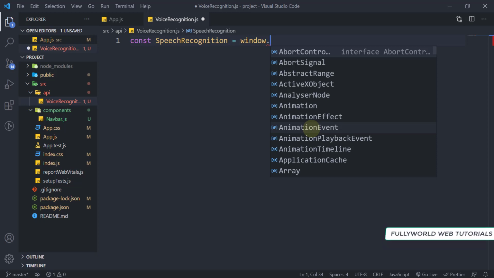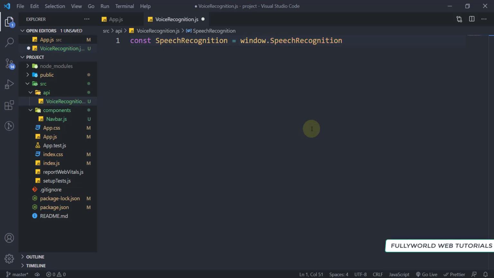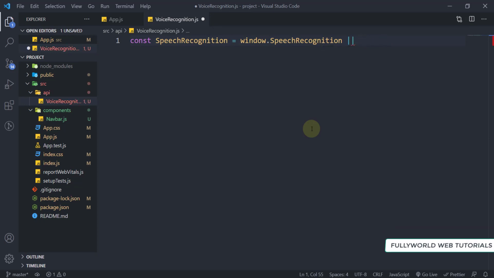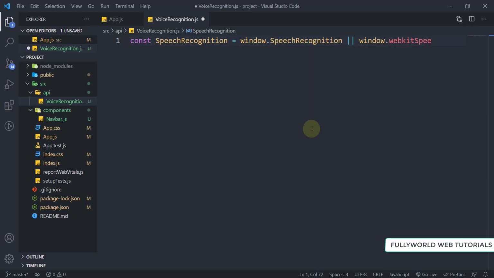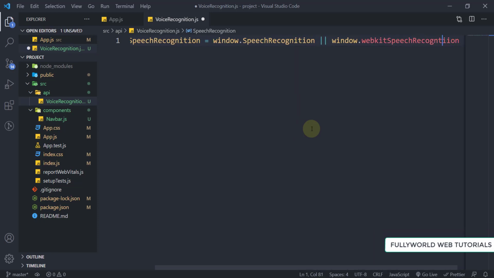And let's start here. So here will be our SpeechRecognition, or if this will not work, we are going to write window dot webkitSpeechRecognition.